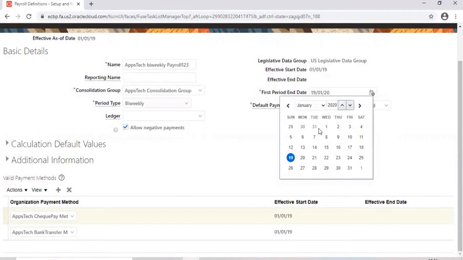If the system is live from January 1st and you define payroll like that, you have to start processing payroll from day one. So what is that particular first period? That's what we are defining here. So you have to start your payroll in the Fusion application from this period onwards, 6th to 19th. That is the first payroll period which is processed in this application. Then 20th to 2nd, 3rd to whatever date, you keep on processing employee salaries.